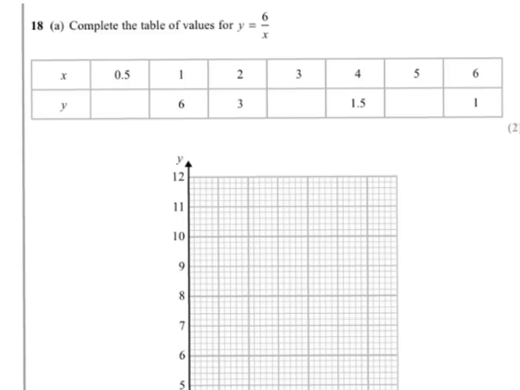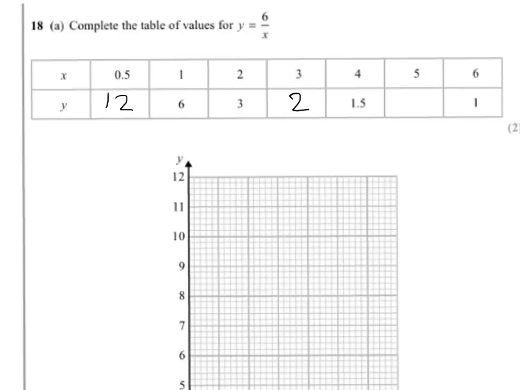So some fairly straightforward substitutions to start the question, completing the table of values for y equals 6 over x. If I substitute in 0.5 for x, y will be 6 divided by 0.5. You can use a calculator, or you might realise that that comes to 12. We then use x is 3, and when x is 3, y will be 6 divided by 3, which is